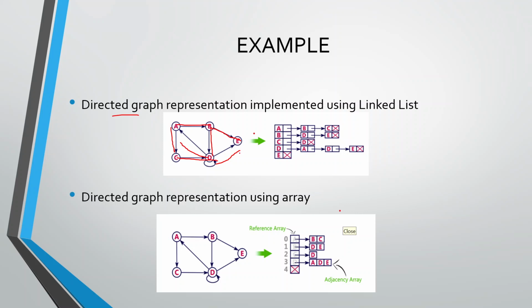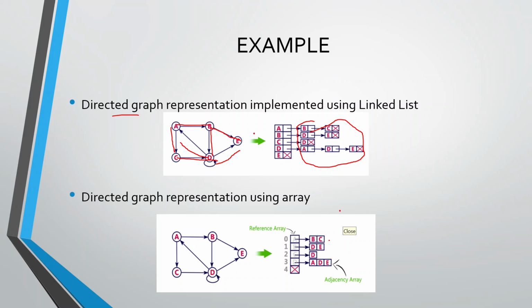Using the array representation, here I am giving A, but here I am giving 0, 1, 2, 3, 4 as the index positions. So from A I can traverse to B and C. From B, it is the same as what we represented here, but here I am not storing the address of the next node. I am just giving the node's name alone.